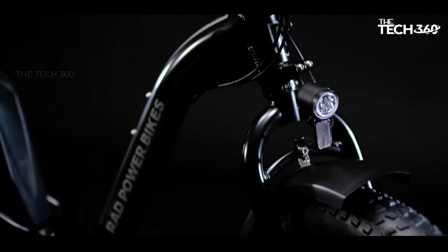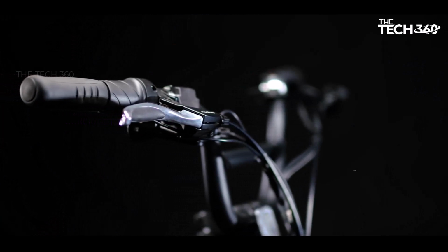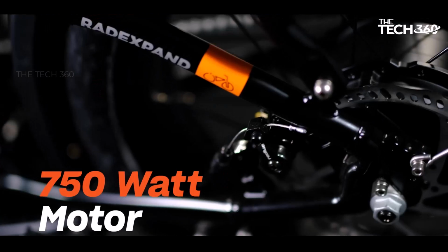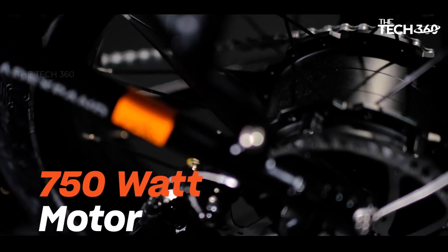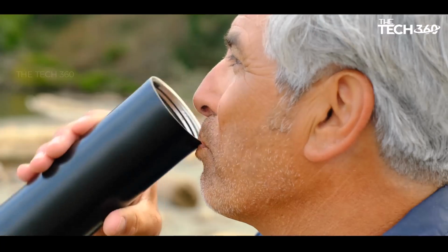Advanced torque sensor. This new addition responds to the way you ride, offering a more intuitive and responsive experience. The harder you pedal, the more power the bike provides. Size and fit. Designed for riders between 4'10" and 5'10", the Rad Expand 5 Plus offers a comfortable fit. The 30-inch bike inseam